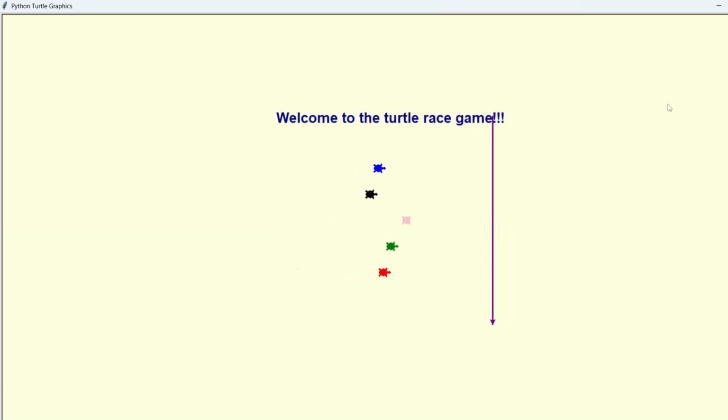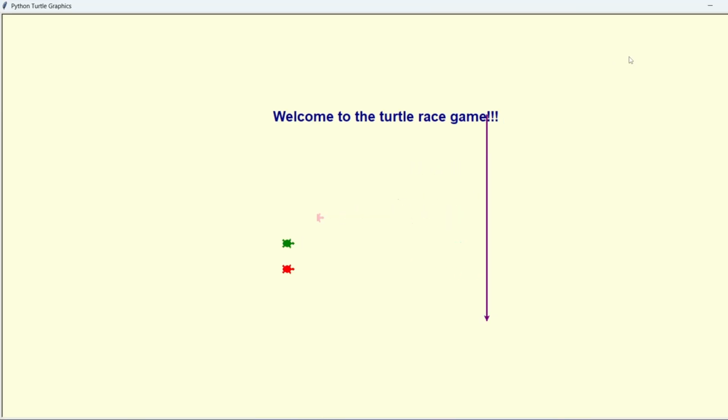Let's create this simple yet interesting turtle race game by using some simple concepts like list, which is one of the data structures in Python, if-else conditional statements, and a while loop. Let's go. I'm going to start by importing